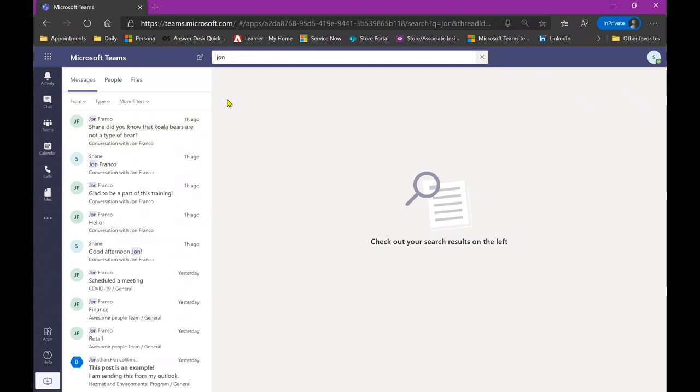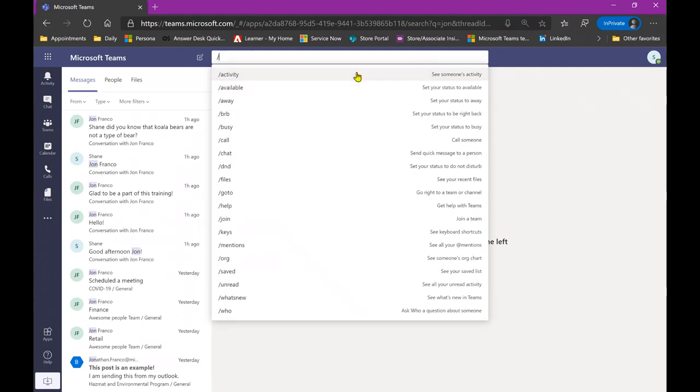So again, the search function within Teams is very comprehensive. You can use it to find pretty much anything that you may have access to. And you can even, as you see up the top, type / or the @ symbol for a list of commands. So if I type / it'll allow me to see somebody's activity. I can change my availability. I can look at files. I can go to a team or channel. I can go to help. Any of these things I'll be able to access by just typing /